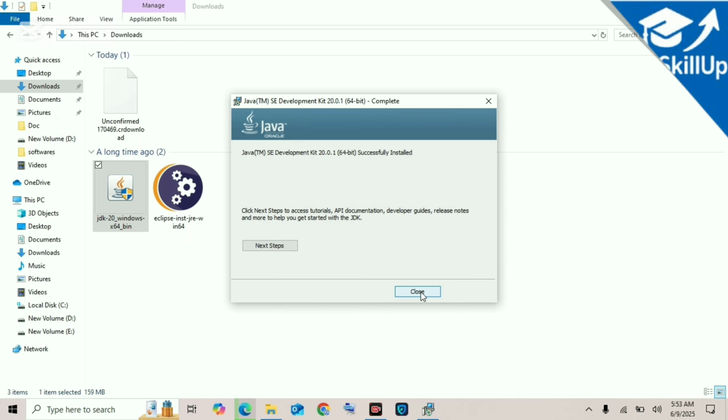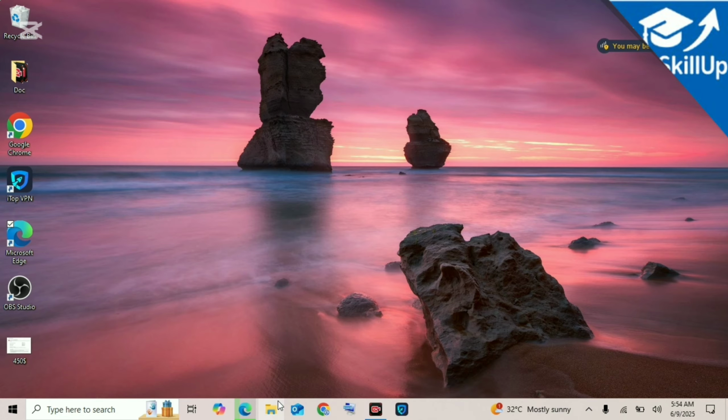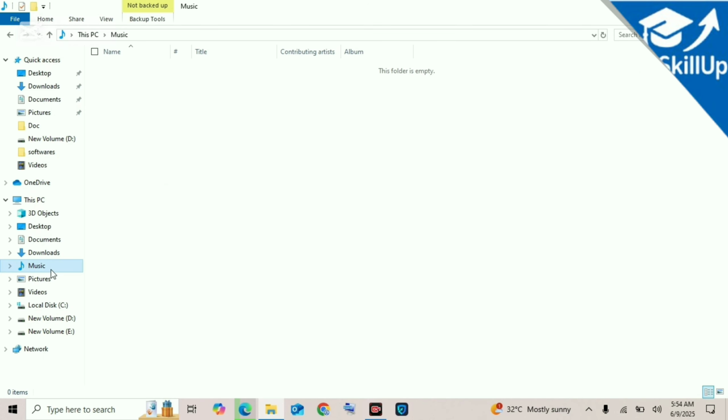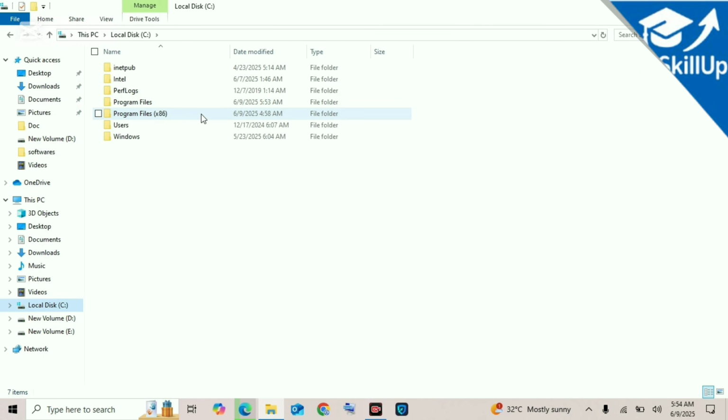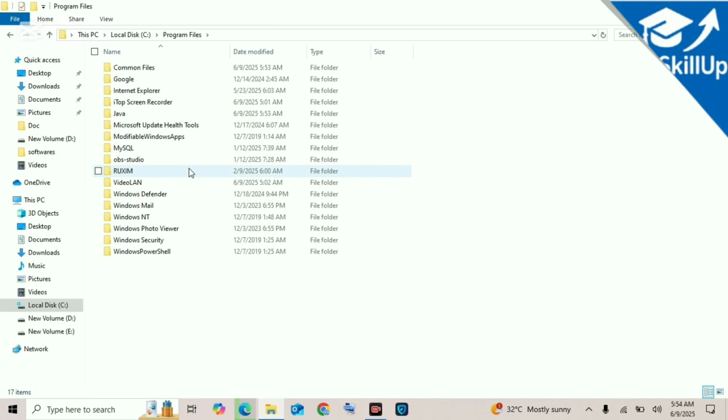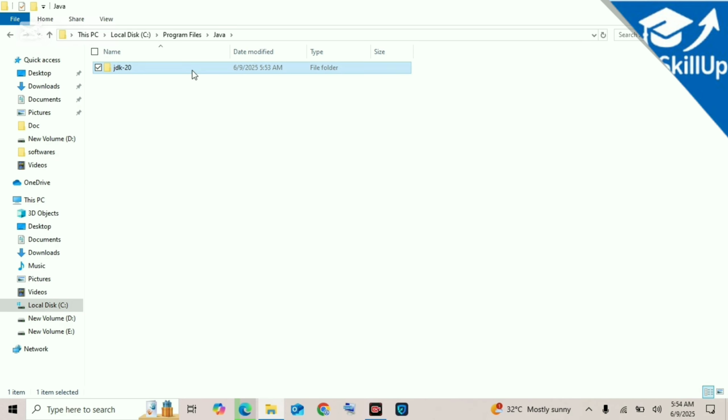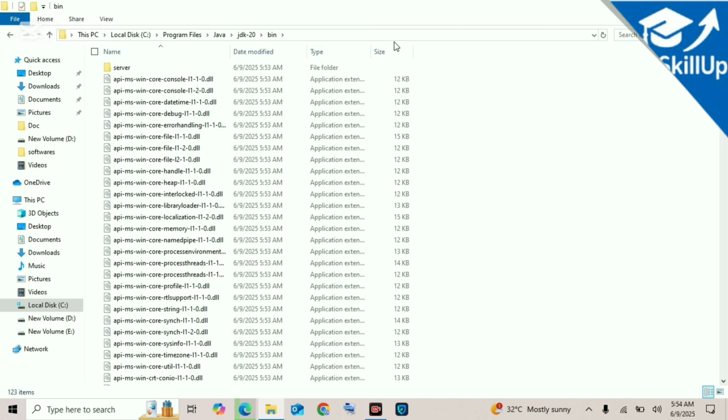Okay, we have installed successfully. Now go to the C drive. In the C drive we will go to Program Files, where we have installed Java. We can find Java here. Click on Java and then open the bin. Copy this path, Control C,